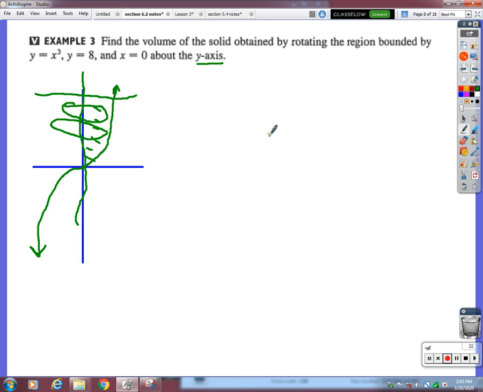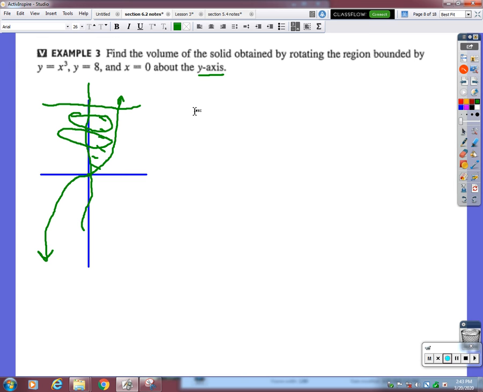So the good news is nothing really changes except that everything changes. What I mean by that is yesterday we were integrating with respect to x. Now everything is going to switch around so that we're integrating with respect to y. So we still are looking for the area of the cross sections, but this time we're in the y direction because we rotated things, and that's still going to be defined by